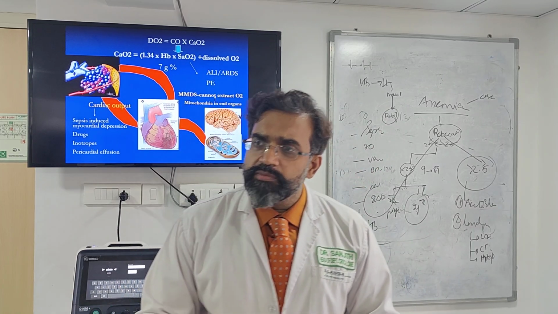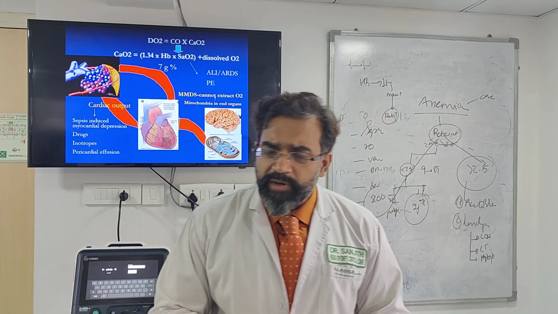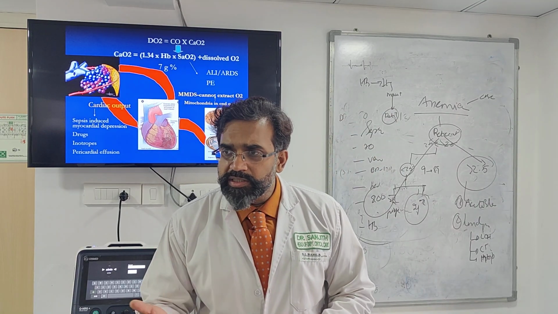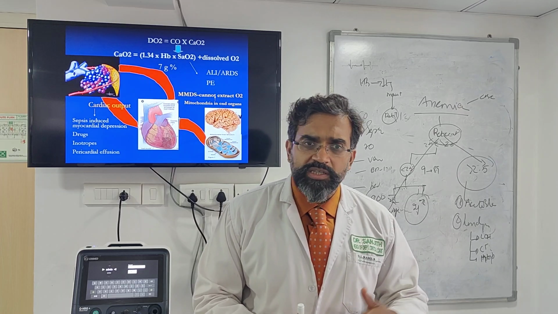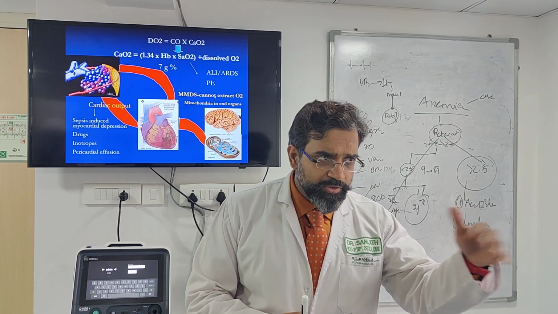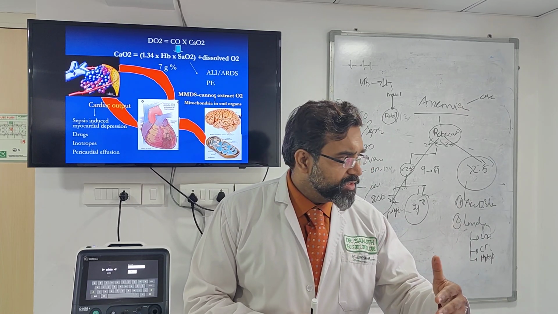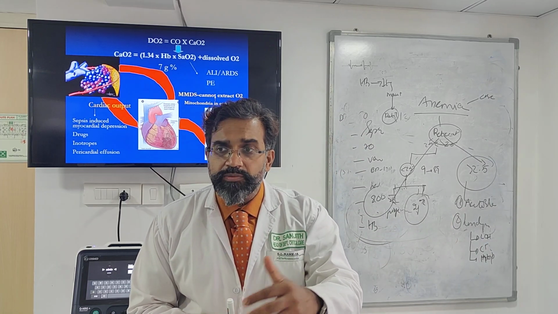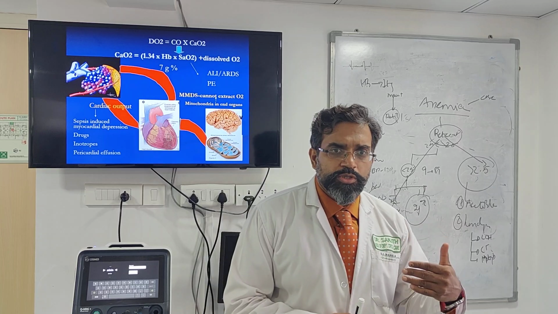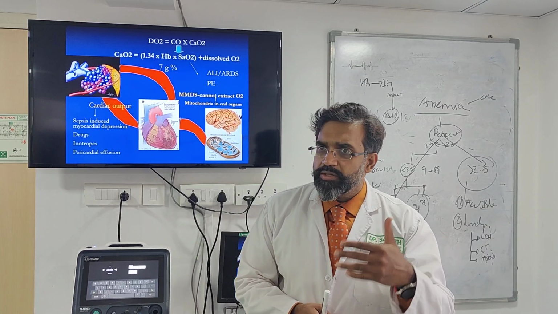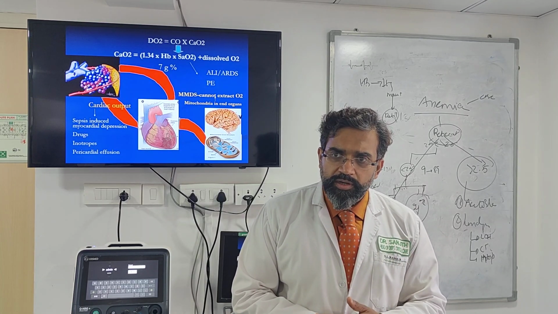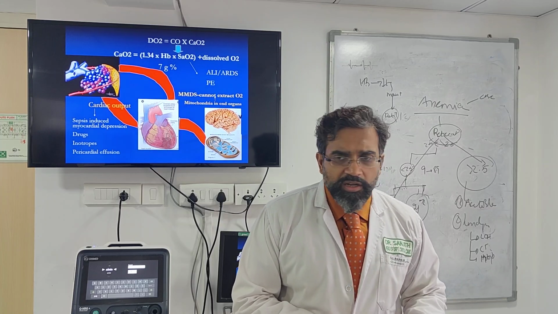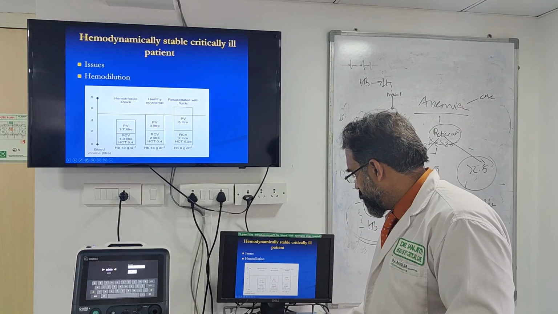You understand? These are the patients in which you want to keep the hemoglobin at 8.5, and why it is like that is probably because of the literature. What happened is that when Herbert did his studies, and all the people who did the studies, they excluded those patients from the analysis. They didn't look at those patients at all. Since we don't have data, the evidence is not very clear for those patients. We don't want to go down on those because we want to keep them on the higher side. It's not got to do with delivery of oxygen or things like that. It's just related to the literature probably. Okay?